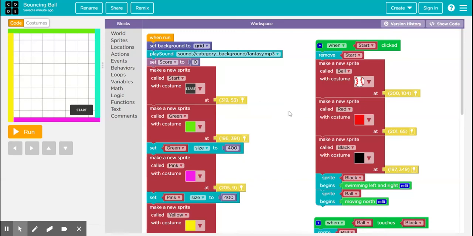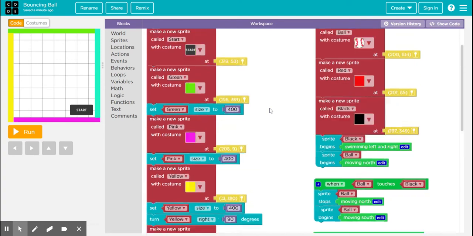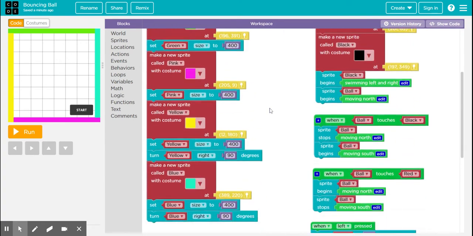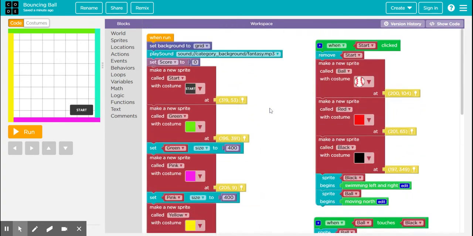So let me explain this game to you. You've just watched a video about how this game is played or how it works. Now let's understand the coding. There are quite a few sprites that we have used here. The student has to create these